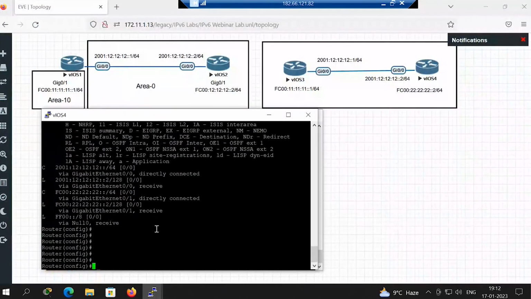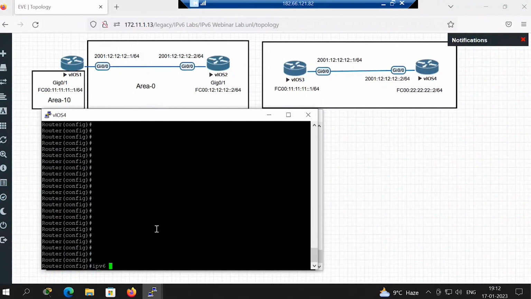All right, so this is your router 4. Now I'll say IPv6 unicast routing, and I'll say IPv6 route FC00:11:11:11::/64, and the next hop is 2001:12:12:12, 3 times, :12:1. So this is the next hop address for router number 3, for router 4 to reach this FC11 network. Now once this part is done, you can try to ping